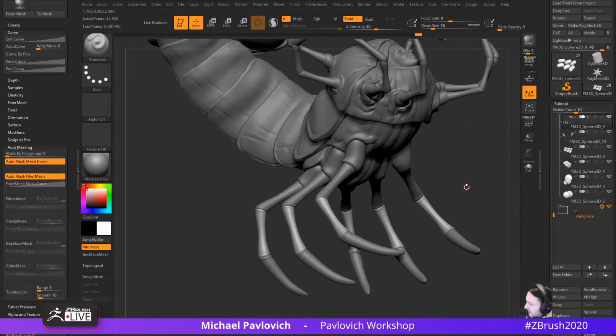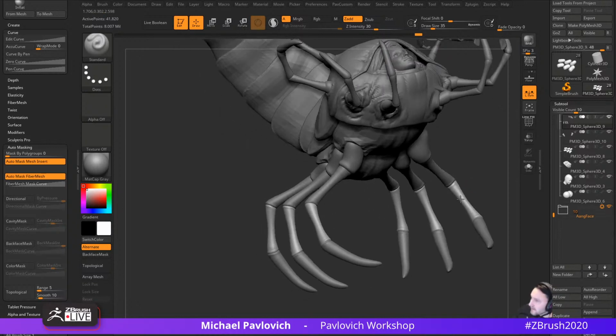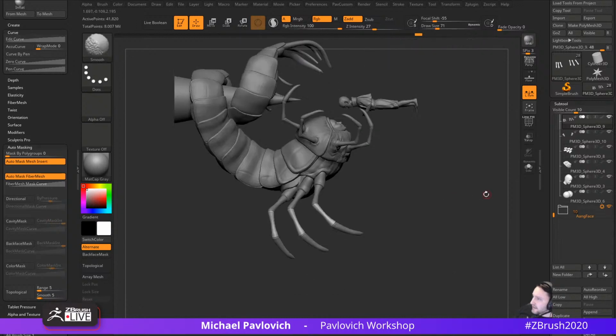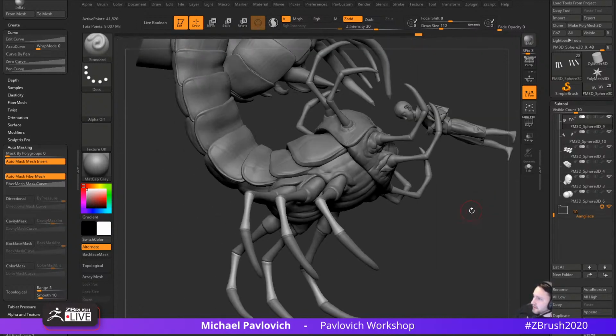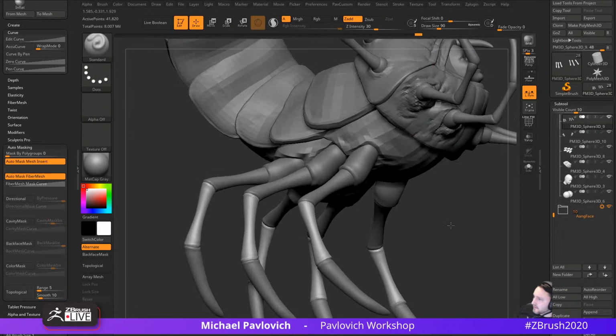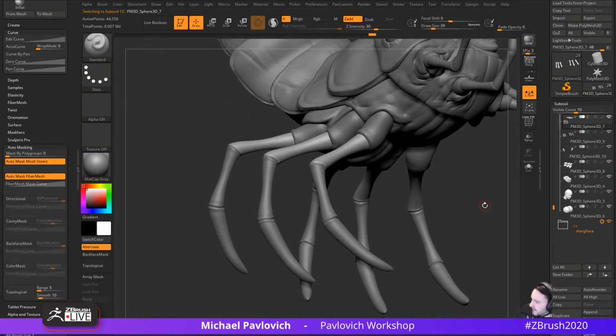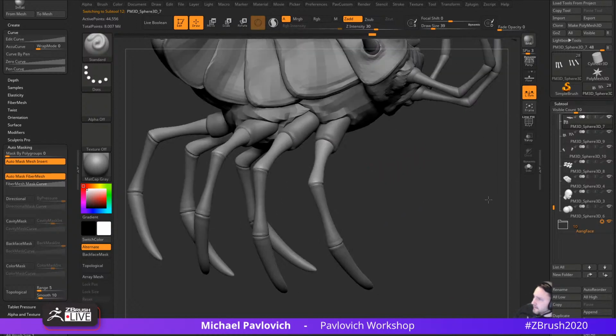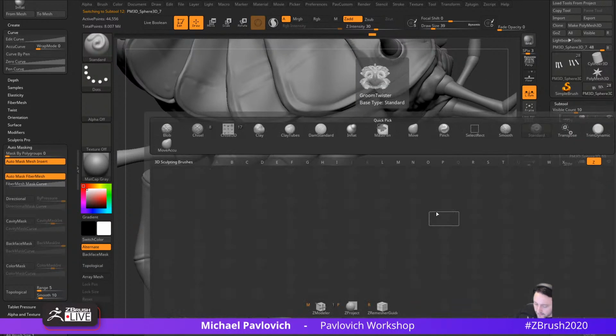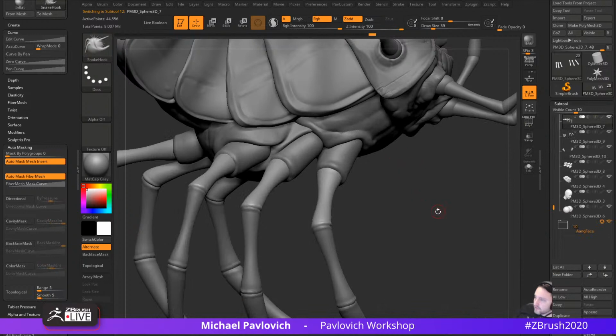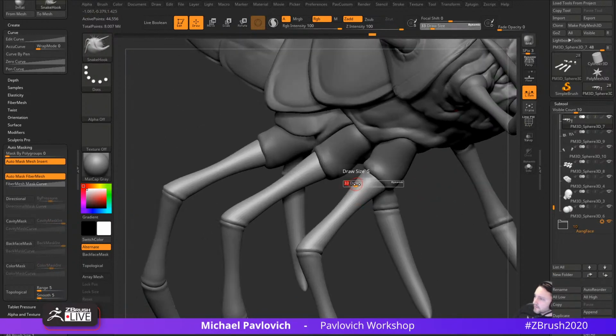Any more weird, creepy stuff I want to do? Because these are almost like gummy bears as far as how they're treated. So I don't know that we'll go that far. I don't know how giving her gummy legs is going to help any. But one more thing we want to do, up towards the top and maybe the back, is go in here with our BSH snake hook brush,